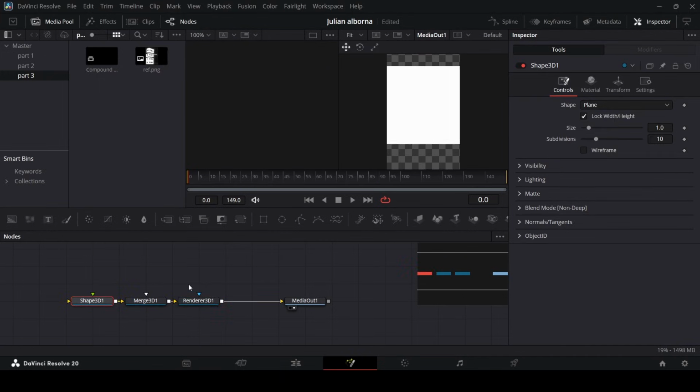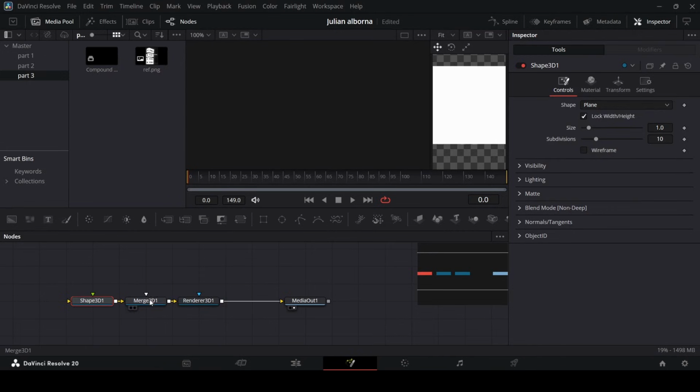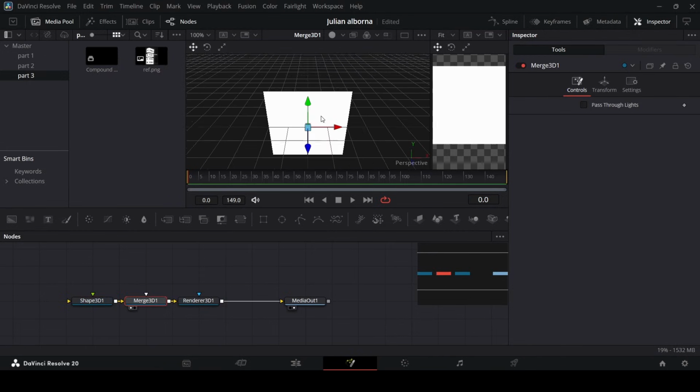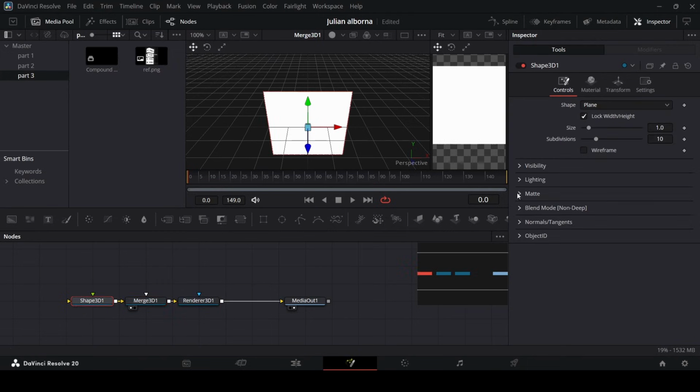we need to make some adjustments in the shape. But we're not going to focus on this panel right now. Let's go ahead and select the merge 3D one and press 1 on the keyboard, and we're going to see this from right here. Now let's go over to the shape, and from here we're going to change the shape